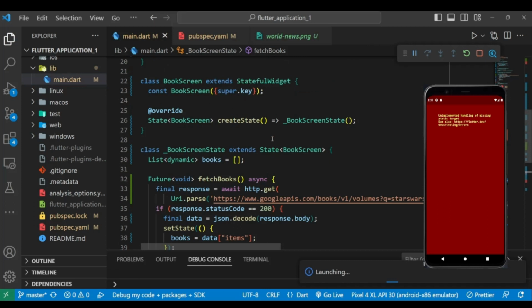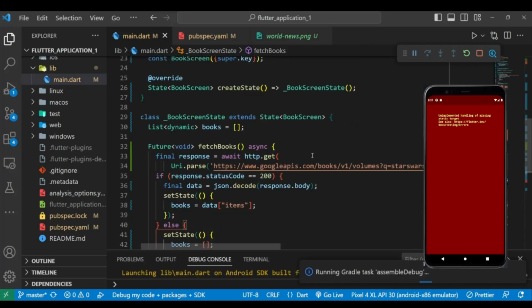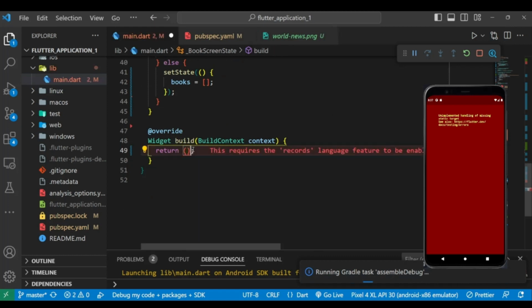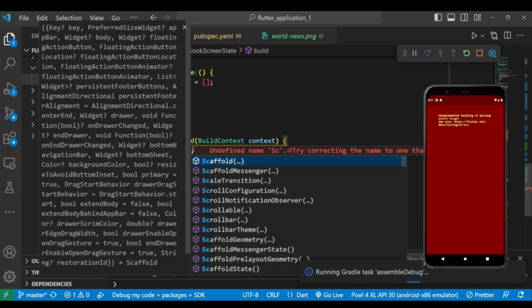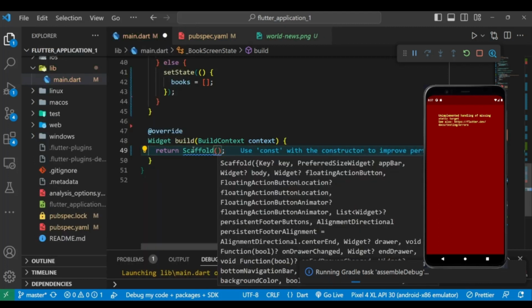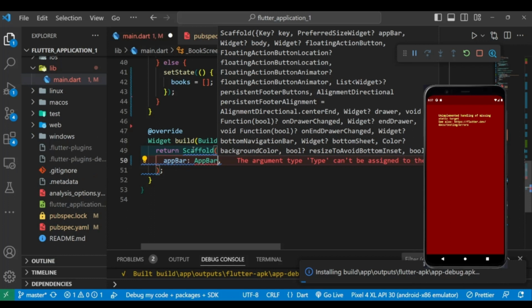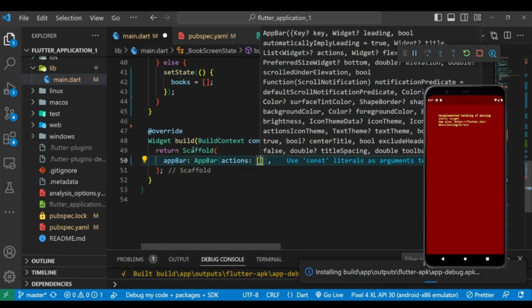So let's shift into the UI part, where we will be getting the data from the API. For the API part, let's replace this container with the scaffold. Inside the scaffold, we can call an app bar, and we can define some properties of the app bar,